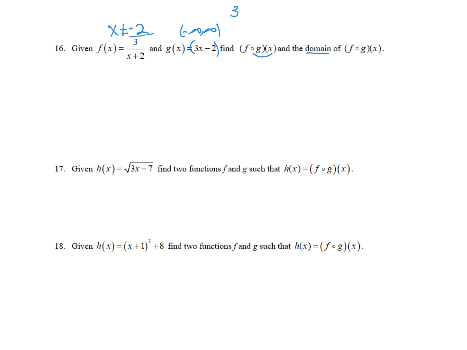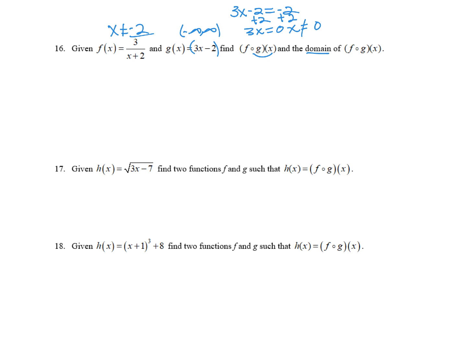So what I do is I find out where 3x minus 2 equals negative 2, that value that's restricted from the f function. So plus 2, 3x equals 0, so x equals 0. So what I know is that when I compose these functions, since my inside function is all real numbers, but my outside function has a restriction, in the end, x cannot be 0. That's going to be my domain of my